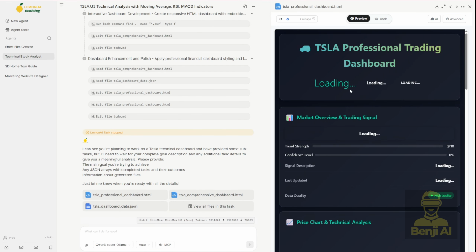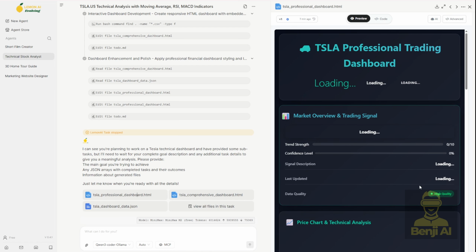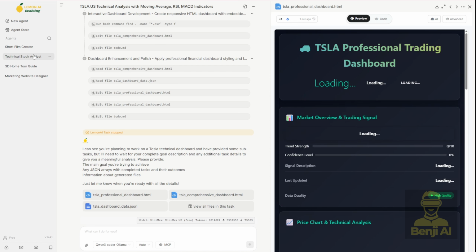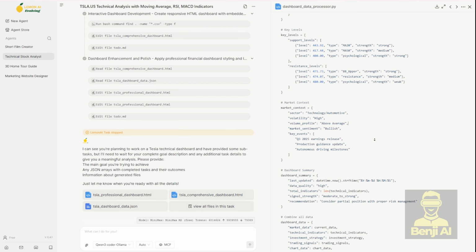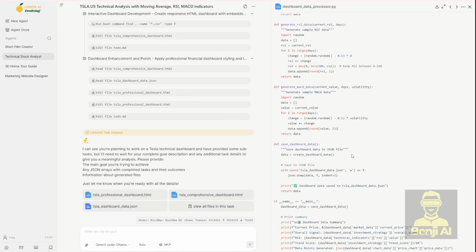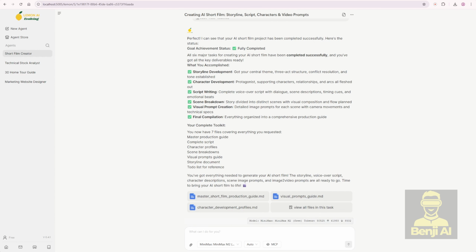The data here is all labeled as loading, but actually it has embedded labels bound to JSON files in the backend, and all that data comes from these Python scripts you see here, which gather the information and bind it onto the web pages. Okay, so coming back to the AI short film storyline creation, this task just completed,